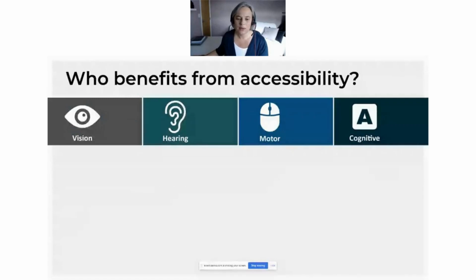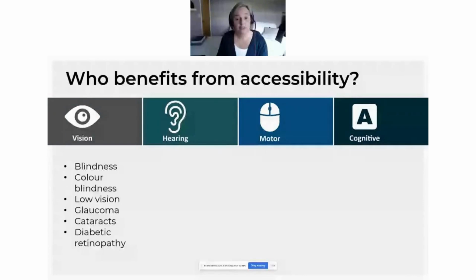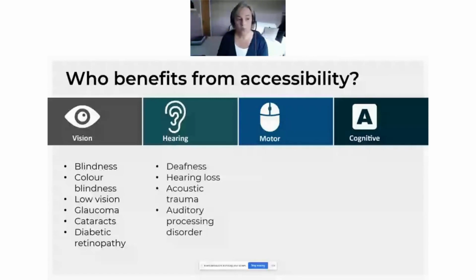Okay, so what we'll do now is run through some of the examples that people have given me in the past. If we start off with vision, very often blindness comes up. Color blindness is also one to be aware of. Low vision, and then some specific examples: glaucoma, cataracts, and diabetic retinopathy has also come up. Under hearing, we often have deafness, hearing loss, acoustic trauma,